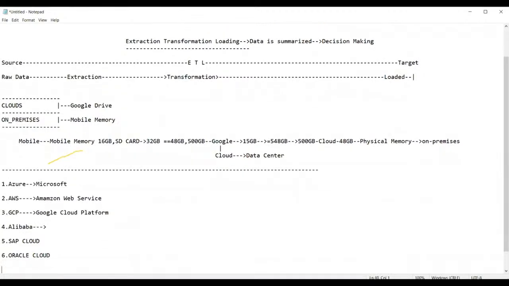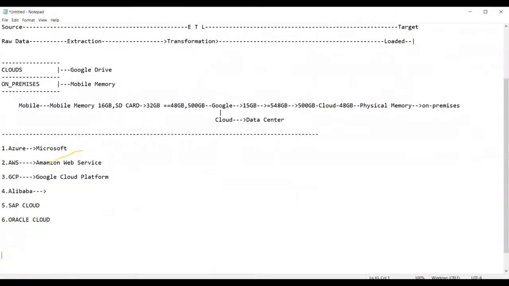Now, guys, these cloud services are basically classified or divided into three categories. What are they? The first one is called IaaS. IaaS stands for Infrastructure